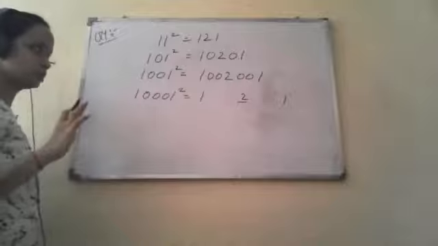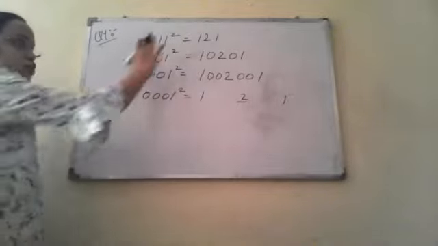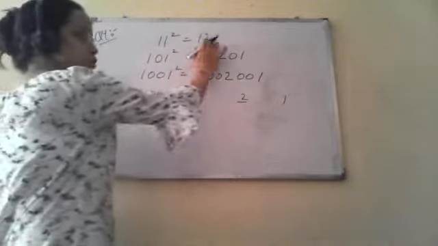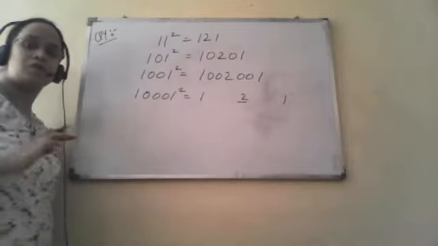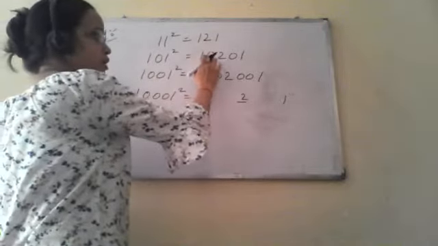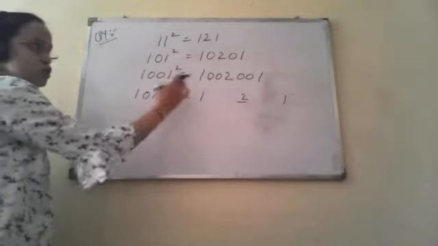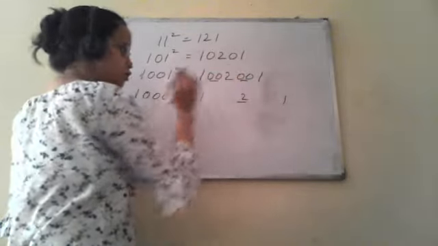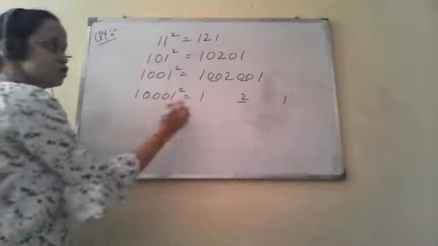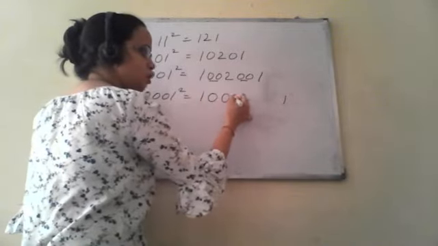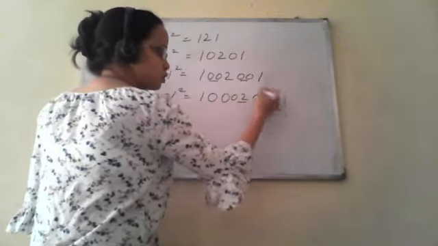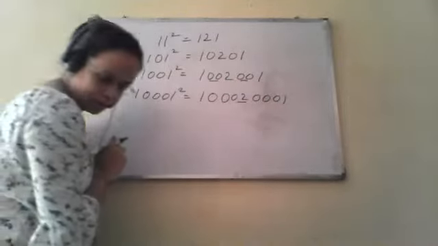Okay. If you see the pattern, there was no zero in between. The square was 121. We have inserted 10. So we are adding zeros on both sides of 2. Here there are 20 zeros on both sides of 2. Similarly, there are 30, so we have to write 30 zeros on either side of 2. So this will become the square of this number.